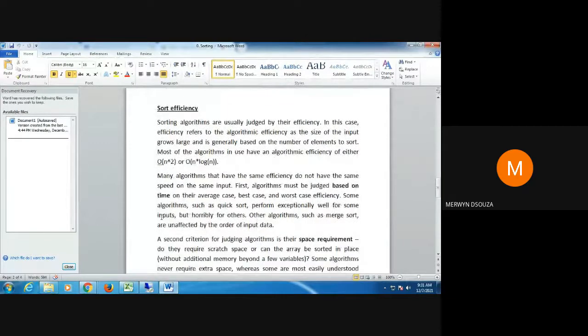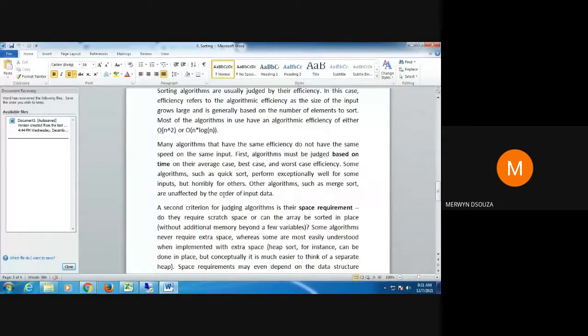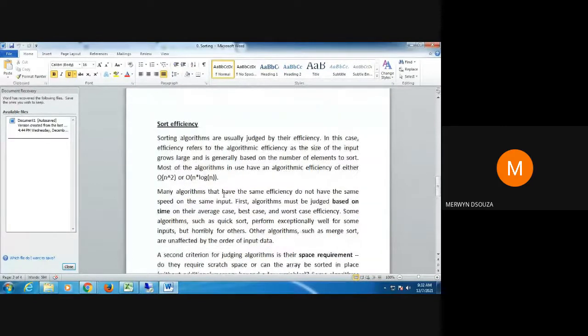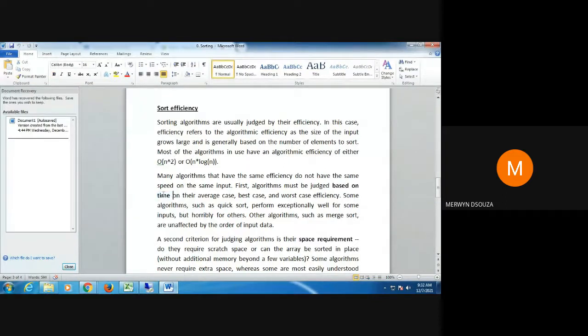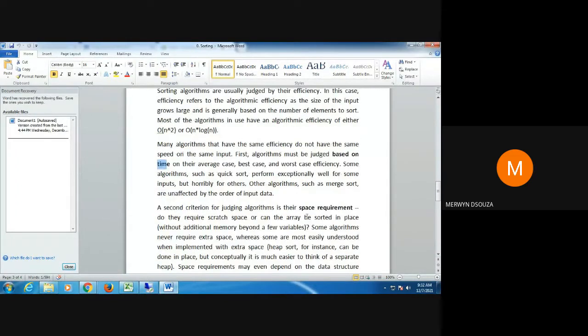Then, when you are asked to compare the sorting algorithms, how will you compare them? Which one is good, which one is bad? We always need to know that. We do that based on efficiency. There are two types of efficiencies we normally try to measure. You will learn this in detail in another subject, but I'm just telling you a small part of it. The efficiency is based on two things: time efficiency and space efficiency.